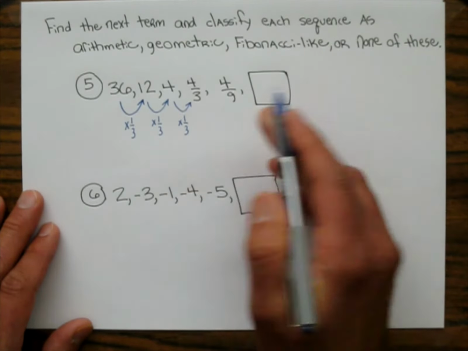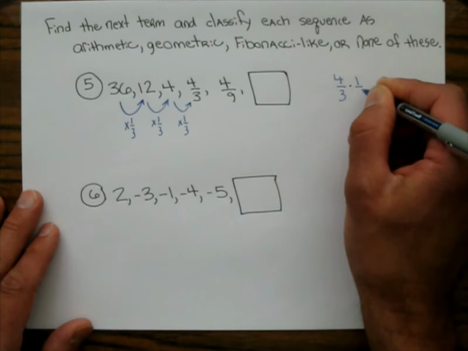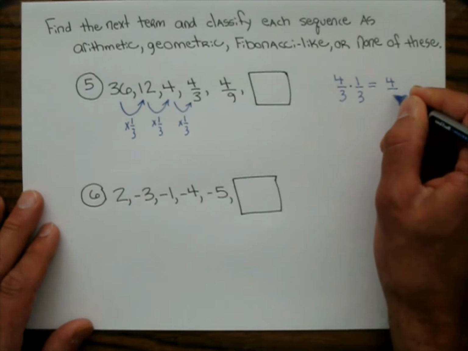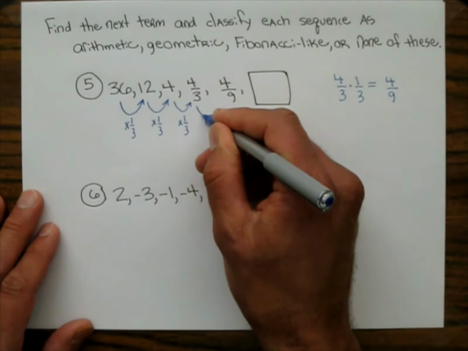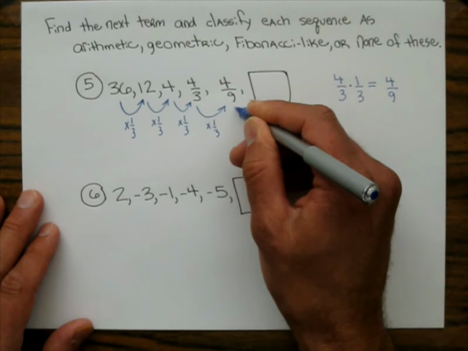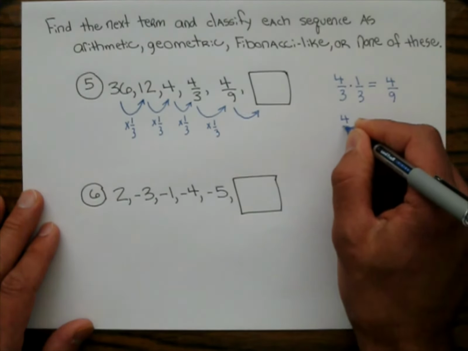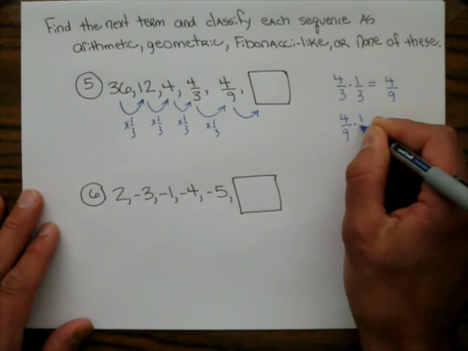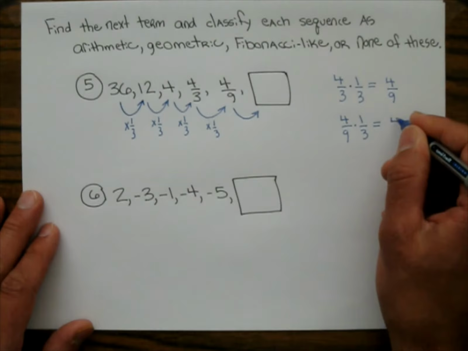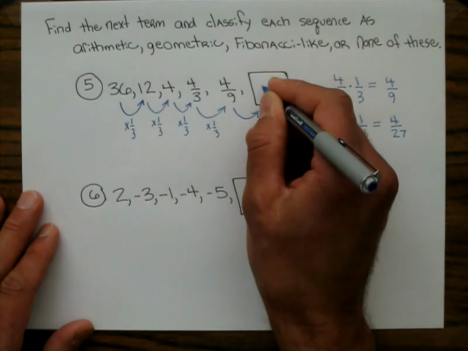So if I multiply 4/3 by 1/3, remember you multiply the tops and multiply the bottoms, so this is going to be 4/9. Oh yeah, look at that, multiply by 1/3. And then I'm trying to figure out what goes in the box, so I'm going to go 4/9 by 1/3. So this is going to give me, on the top, 4 times 1 is 4, and on the bottom, 9 times 3 is 27. So this is